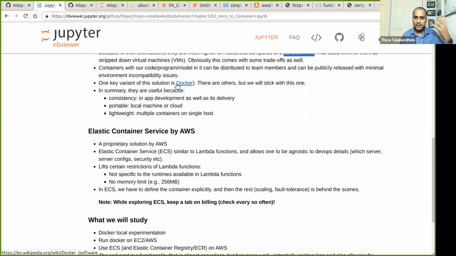And if we work with a container using this Docker software on any of the machines, we can have the same container, have the same behavior, on any of the machines. Okay, so that portability is what it gives us. But this required us to, let's say, start an EC2 machine.